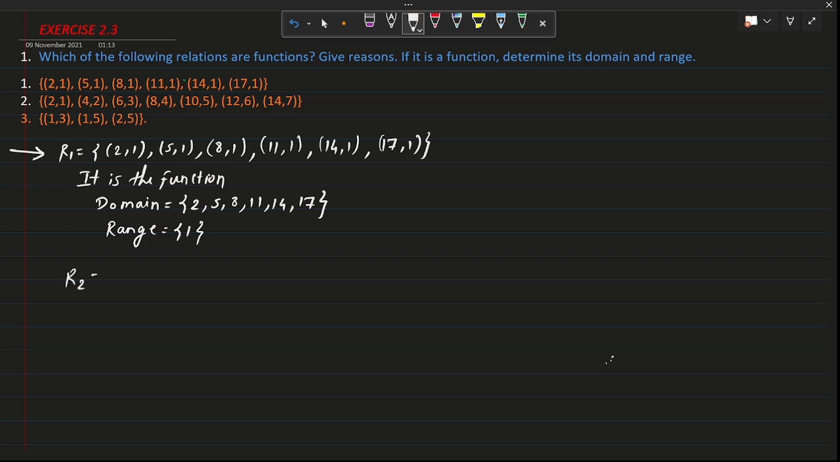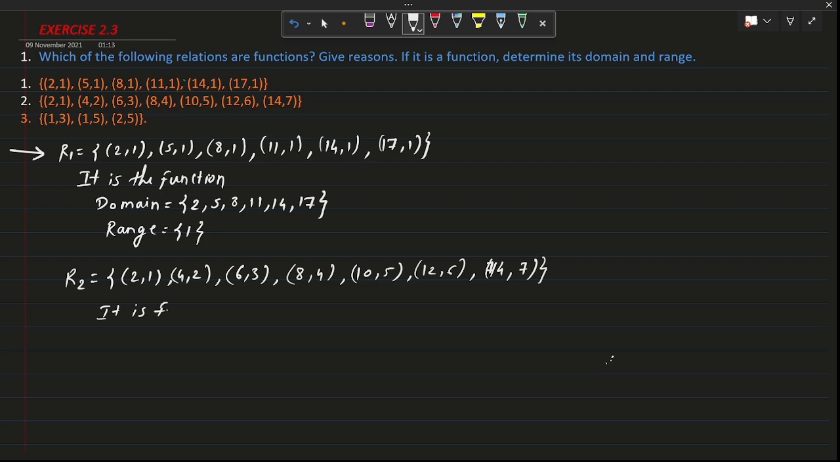For relation number 2, the relation is given: 2 to 1, 4 to 2, 6 to 3, 8 to 4, 10 to 5, 12 to 6, and 14 is mapping to 7. So this is again a function because it does not violate the rule of the function, that is every element of the domain is mapping to a unique element of the codomain. It is a function,